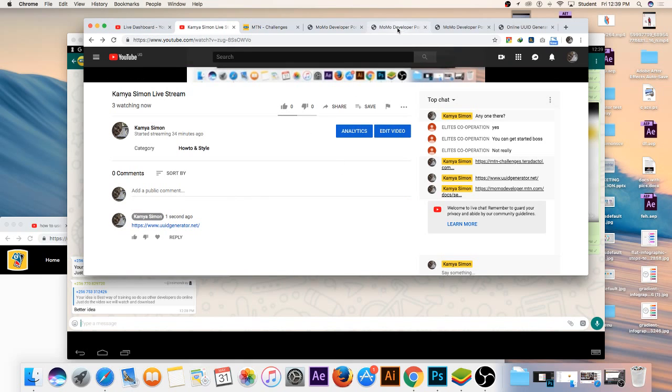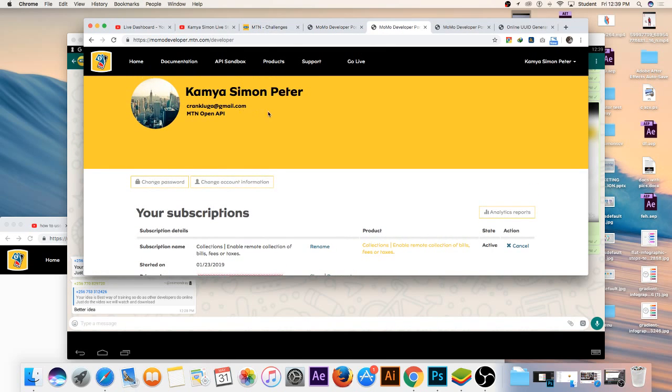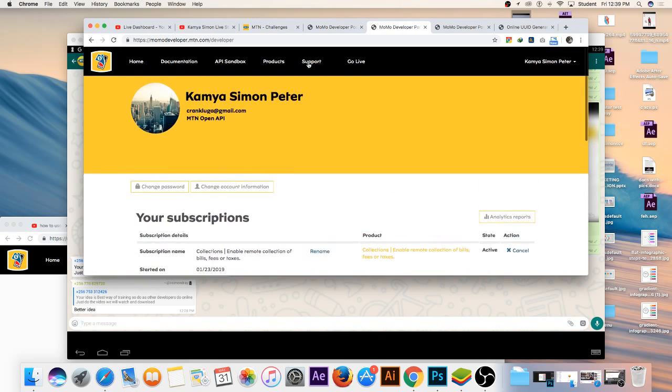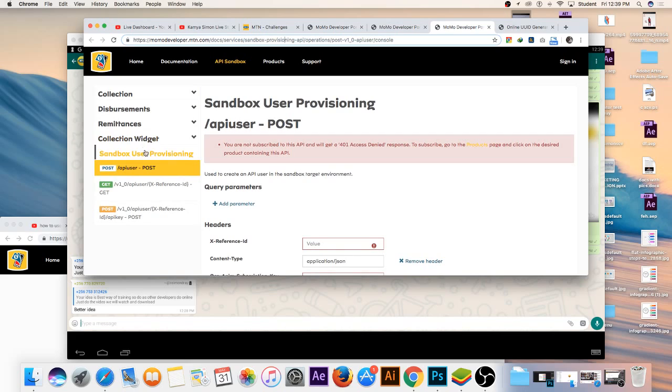All right, so when you go to the documentation, they ask you to create a user. I've talked about that, and we're going to go to the Sandbox now. When you go to the Sandbox, many people do not scroll. That is one of the problems. But when you scroll down, you have collections, you have disbursements. These are your products. But down you have